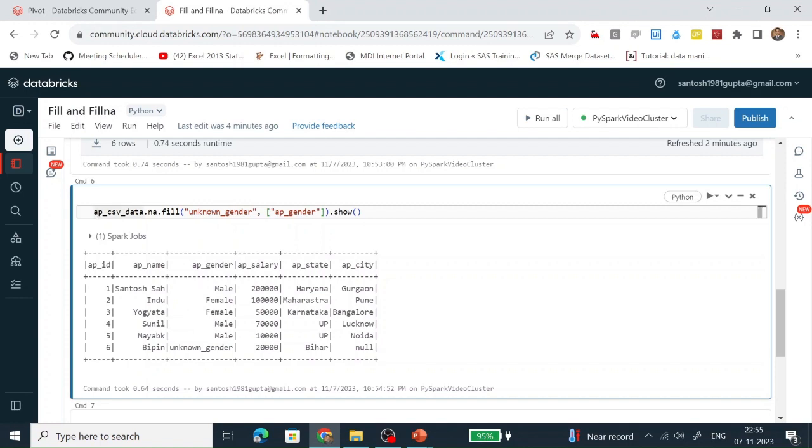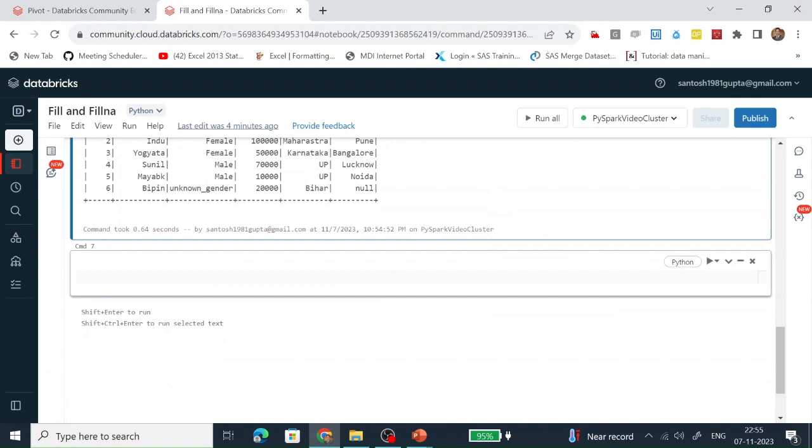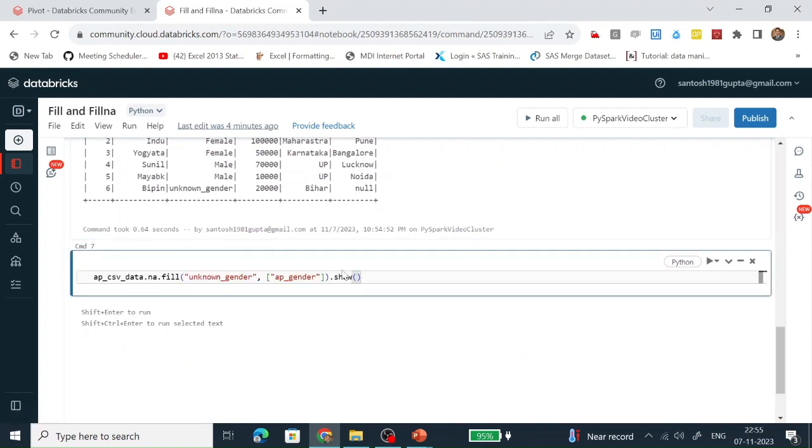Let's copy the code. Here we are going to fill with AP city. So what am I doing here? I am saying that for AP city, if there is any null value, just populate that null value with unknown city.